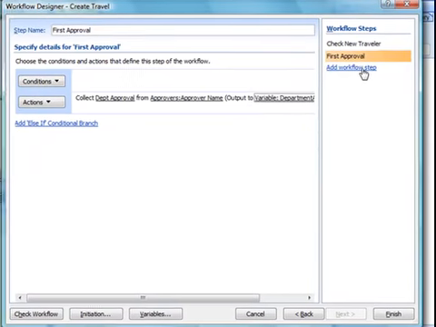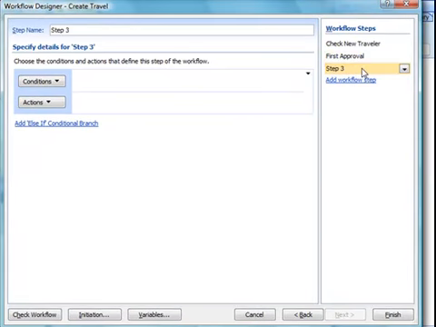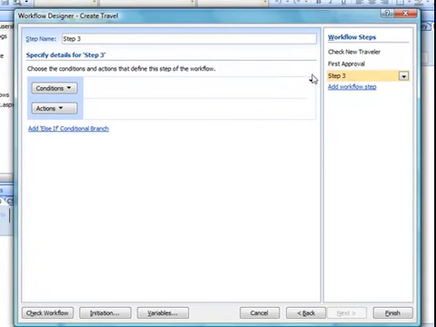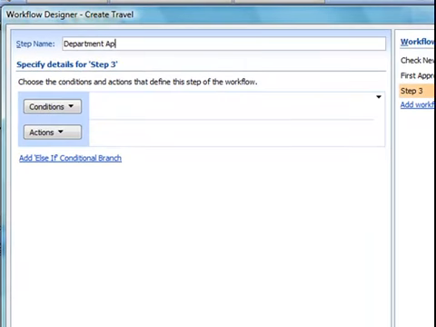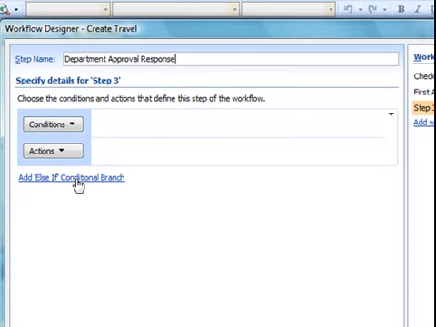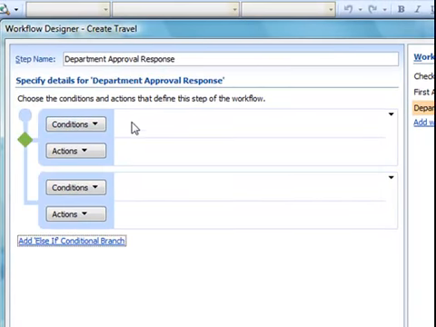So our next workflow step is going to be department approval response. Once they fill out their approval, what happens? We're going to have if they approve it for our first condition, and if they reject it as the other condition. So if